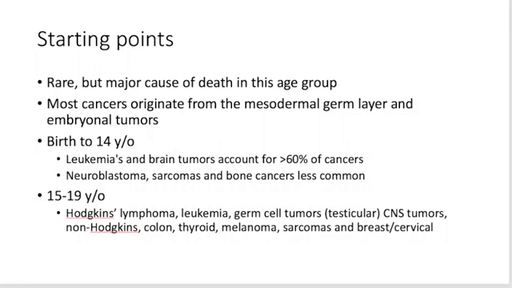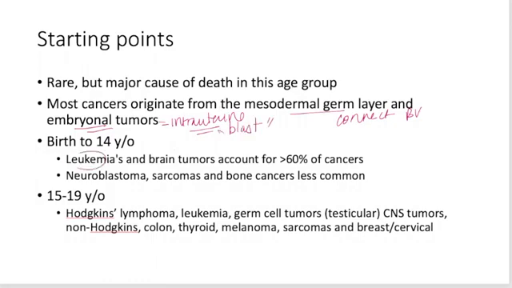For these cancers, most of them originate in the mesodermal germ layer, which is responsible for your connective tissue, blood vessels, kidney, lymphatic system. And those most common cancers are leukemias, sarcomas. Then we have those embryonal tumors, which are derived intrauterine, and they believe it is related to the fact that the embryonal cells do not mature and differentiate, and they get this blast formation.